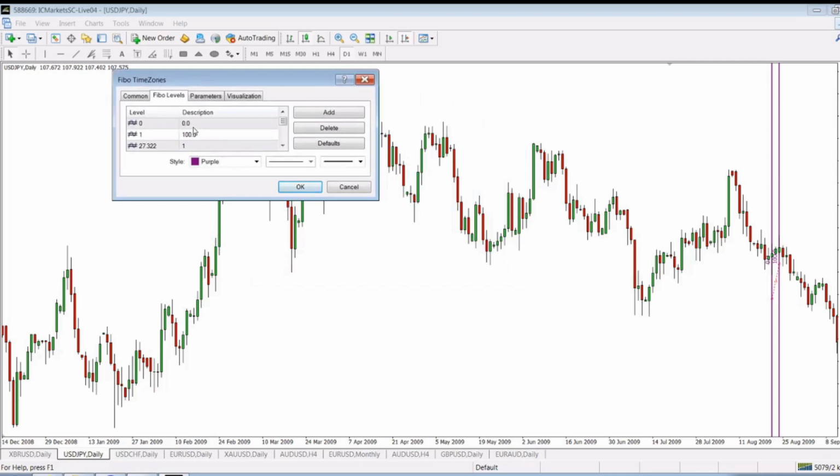So the first setting is 0, obviously. This is the first line. The second setting is 1, and is described as 100. Then I enter the sidereal and synodic cycles. Sidereal is exactly 27.322, so I put it here. This is marked as 1. And the synodic cycle is 29.531, to be more precise.